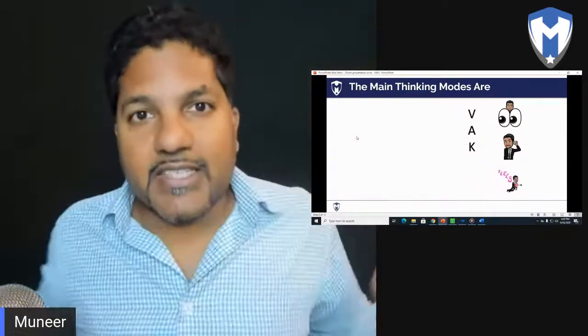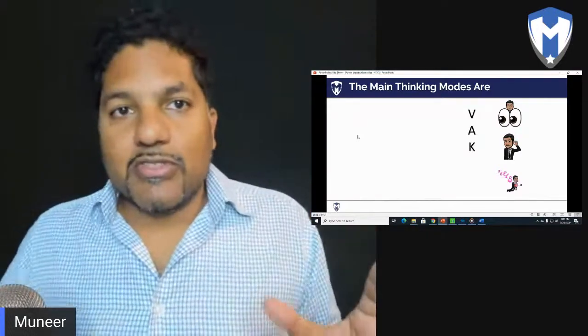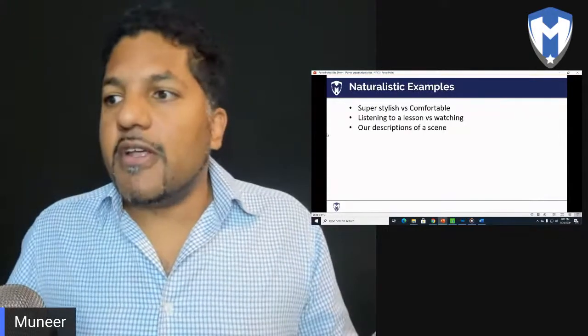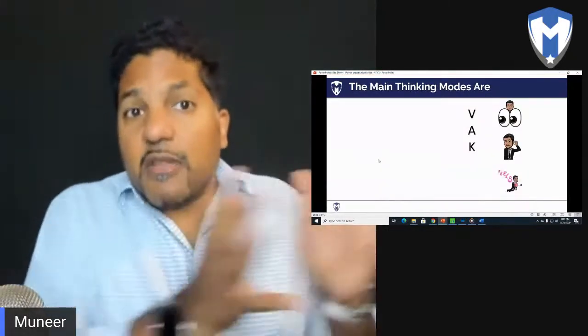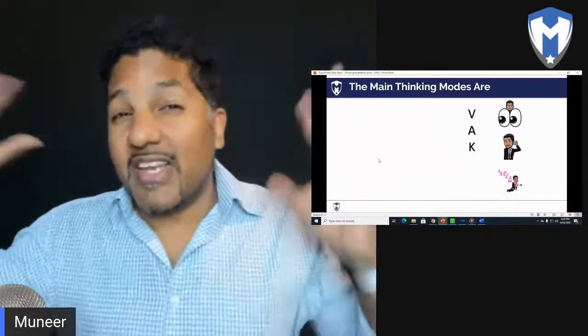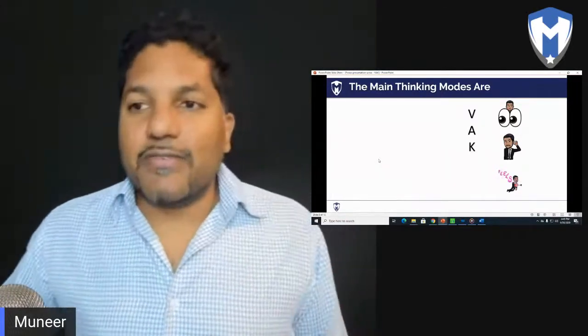So there's a feeling somewhere in our body. These are our three main thinking modes. And what you'll find is people have a preferred method out of those. They're a little bit more visual, so they visualize more, or they're more auditory, they like to listen more, or they are kinesthetic, as in they like to feel more.